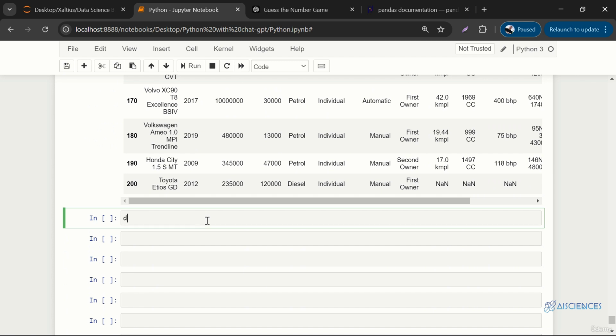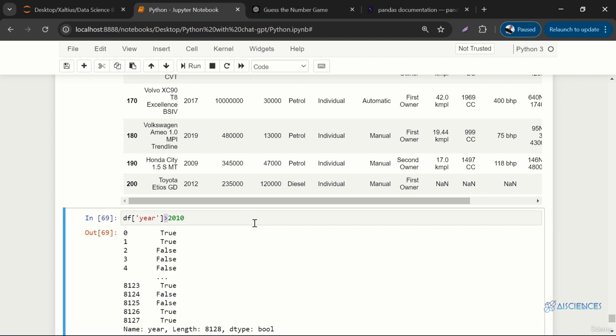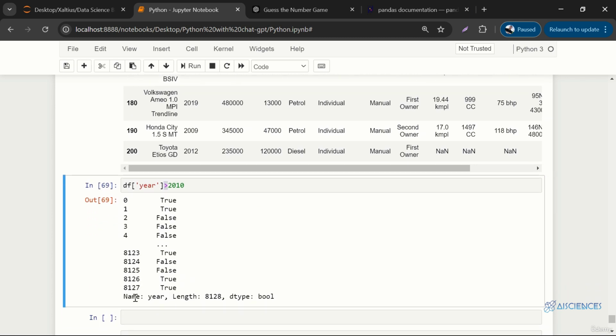So what I will do is I'll say data frame. Now the column name on which I want to put the filter, I'll write the column name, and then I'll add the condition over here. So year should be greater than 2010, right? Greater than sign over here. Now remember, this greater than sign always gives us either true or false. So it prints all the rows, and it says the first record is true, second record is true, third is false, which means that